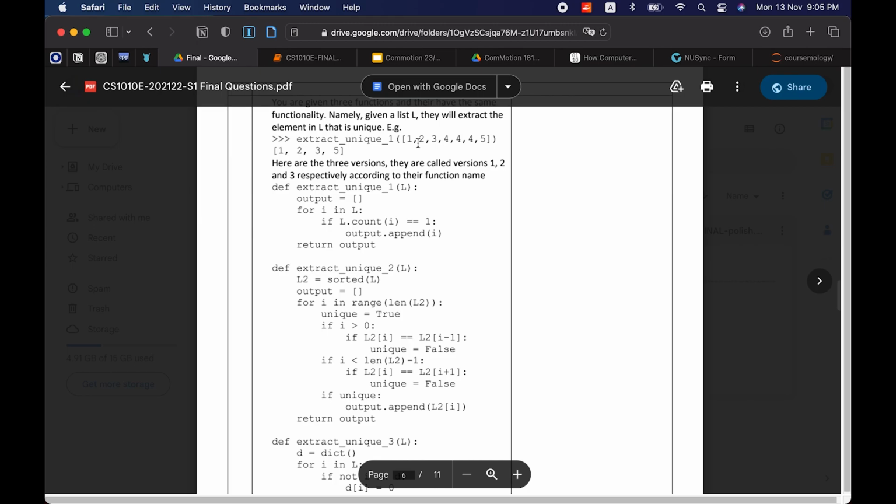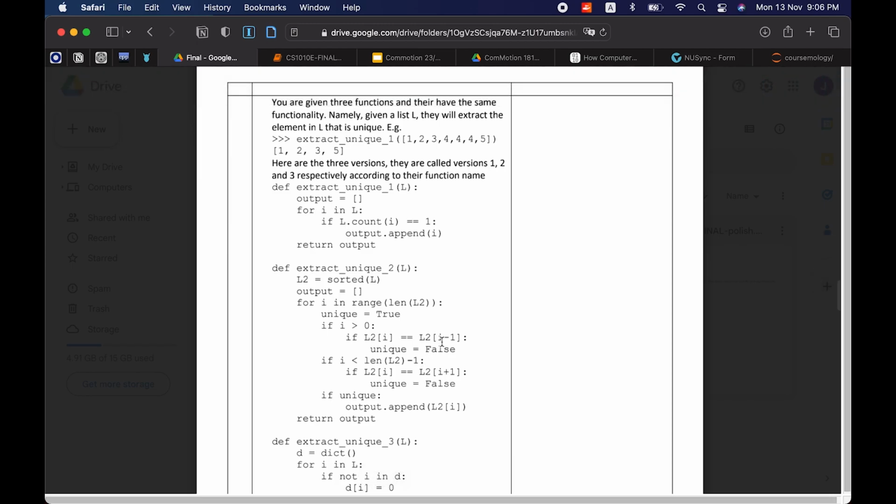Okay. So it's very fast because I check, let's say I check this, right? 2 and 1 is not the same. That's good. That means they're unique. 3 and 2, yes, for sure they're all unique now. 4, but then when I get to here, 4 is not unique. So immediately I can say it's false instantly.